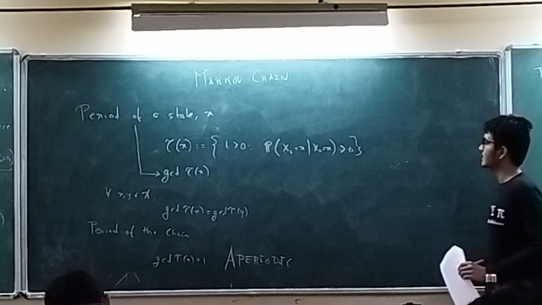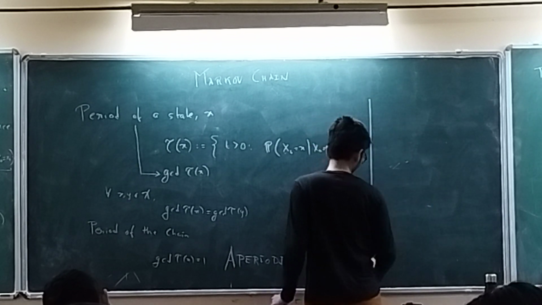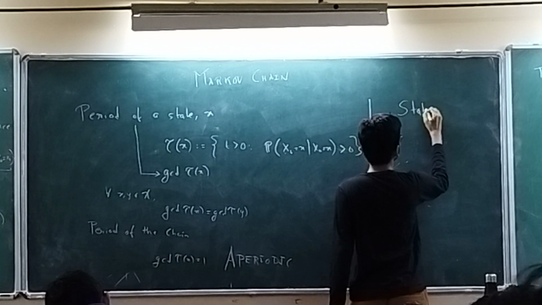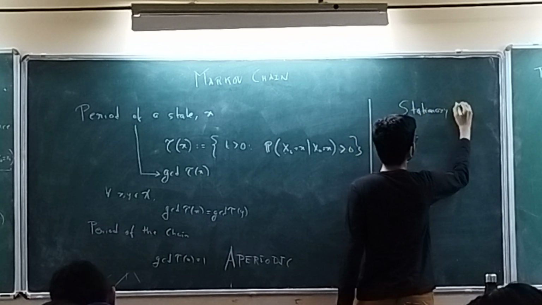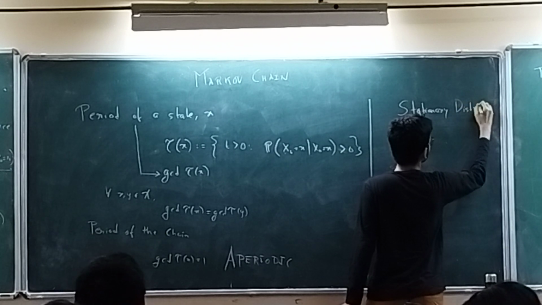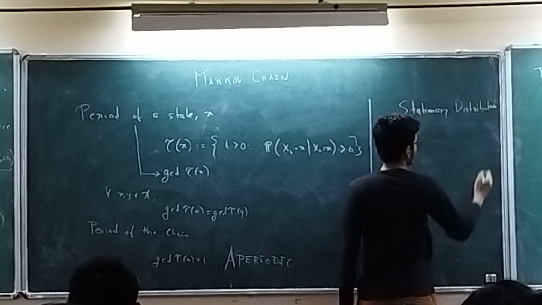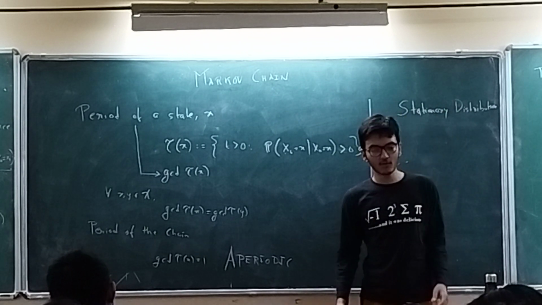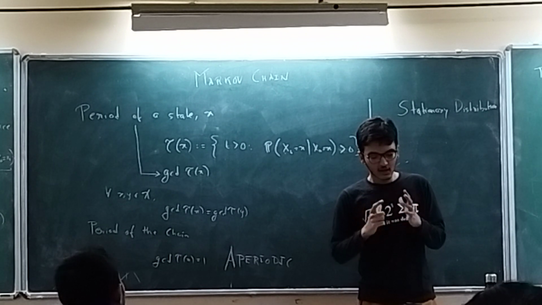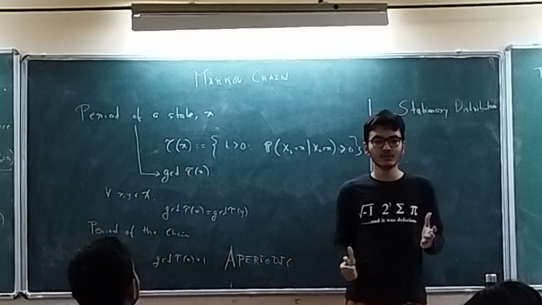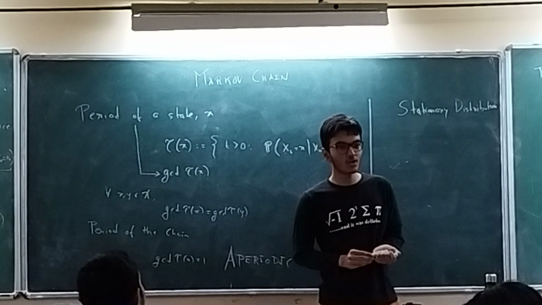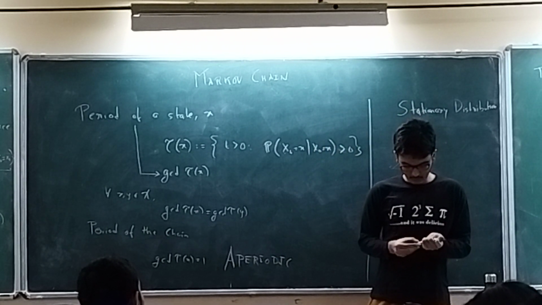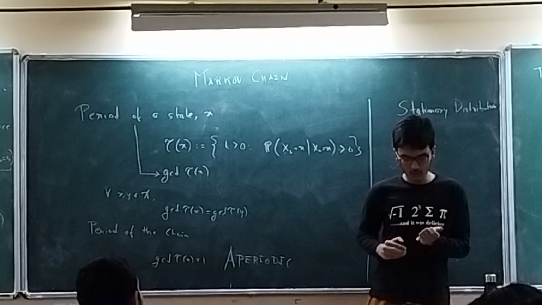So now I will define, sorry for the long repetitions, something called the stationary distribution. The main motivation for Markov chains actually came from IID random variables, because everyone started with IID random variables, but ultimately IID random variables are not so good to study because they are too special. That's why Markov started studying Markov chains.